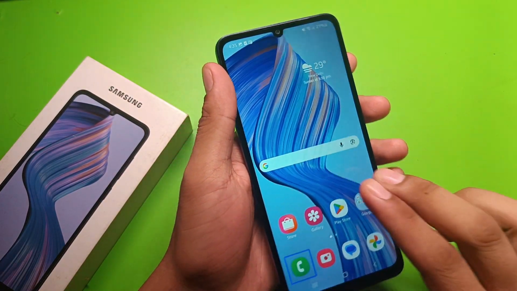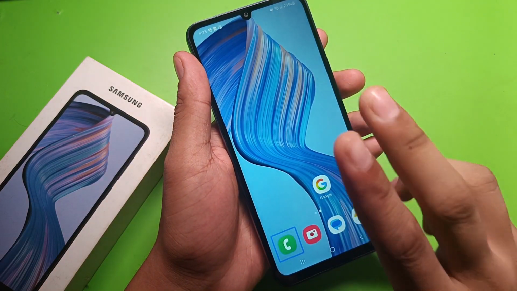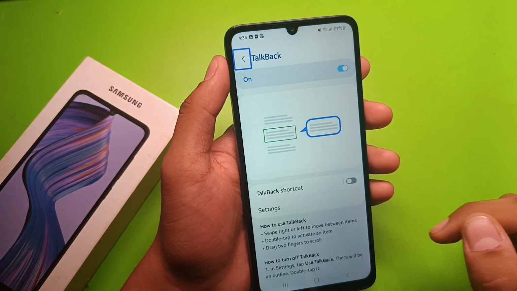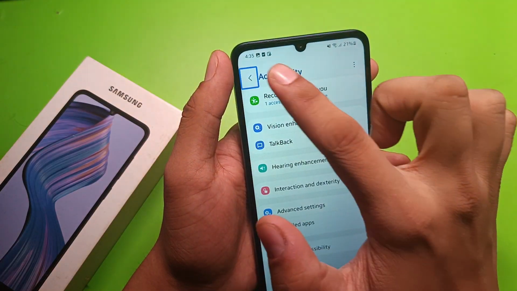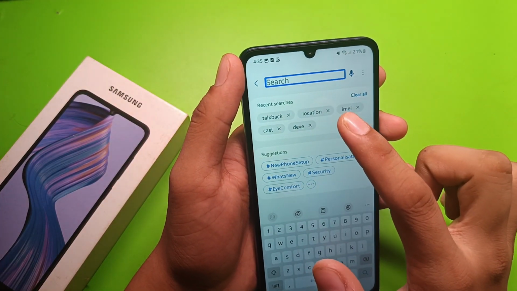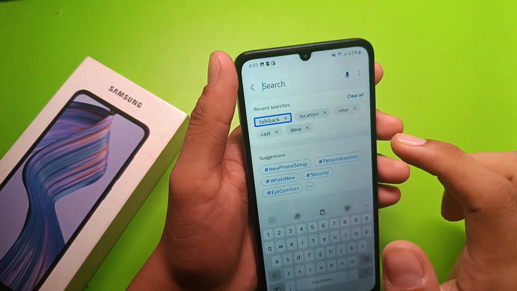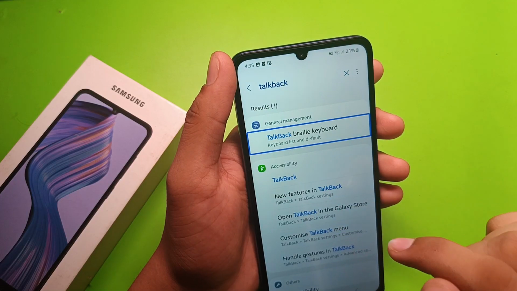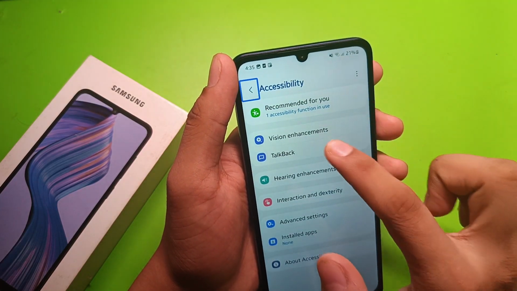So to fix it, you have to swipe like this, with two fingers, swipe upside, click on settings one time, double tap to open it. You can just simply go to search, double tap here, and you have to search here for TalkBack and click on this TalkBack feature. Double tap,